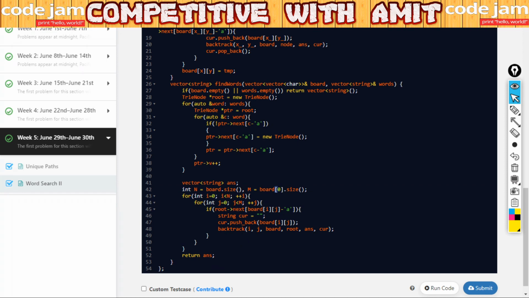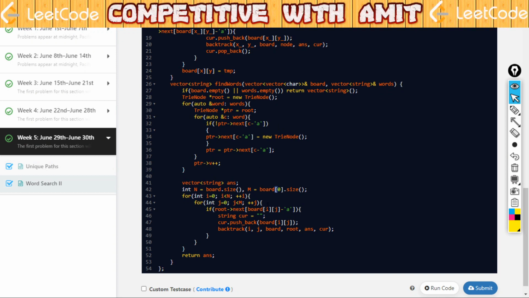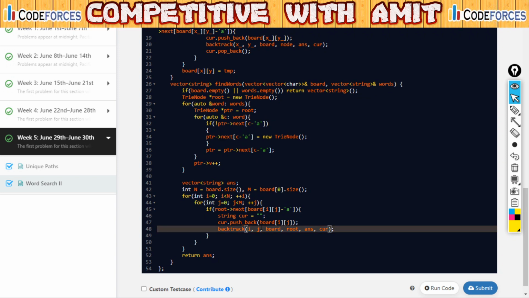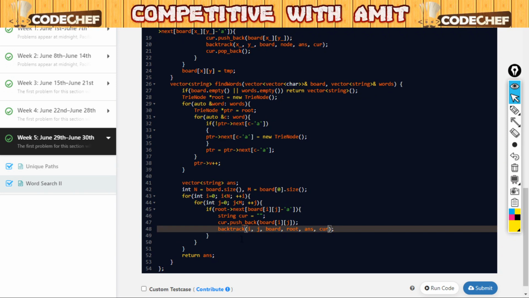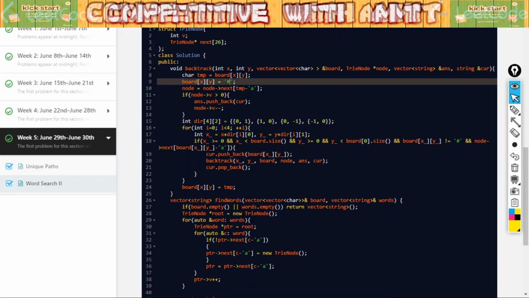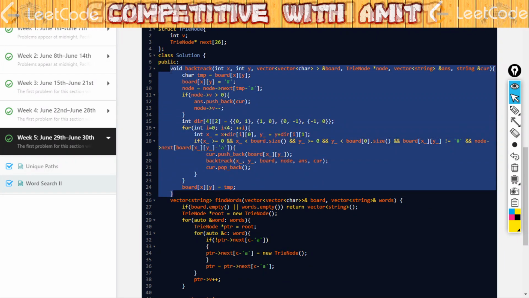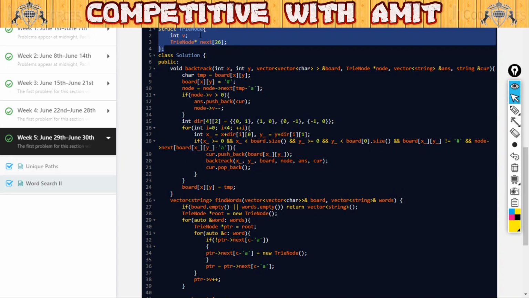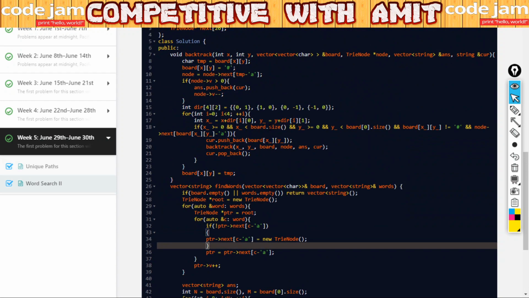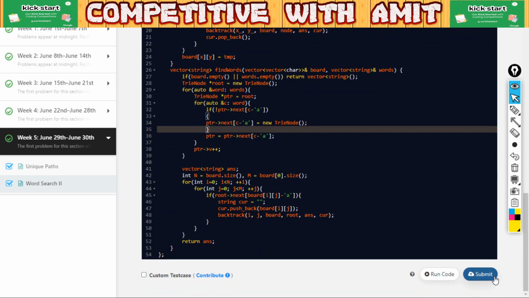After that, I have iterated over all the values of the board, and checked whether any of the values match with the root's children. If it matches, then I have called the backtracking. And in the backtracking, first I have initialized this temp and then hash. This is the code which we have discussed for the backtracking. And in the above part, I have initialized this trie, which is the data structure, in this trie node. So this is the solution for the 30th question of June Leetcode challenge. And if I submit the solution,